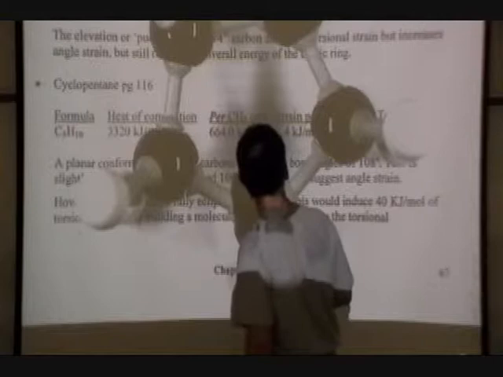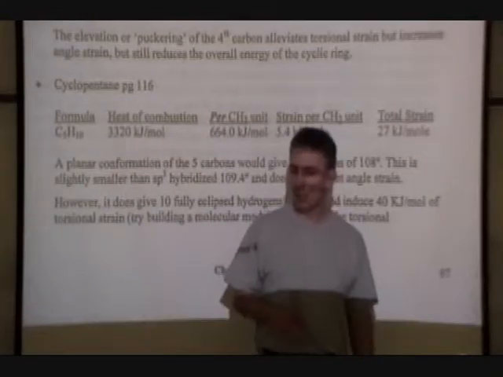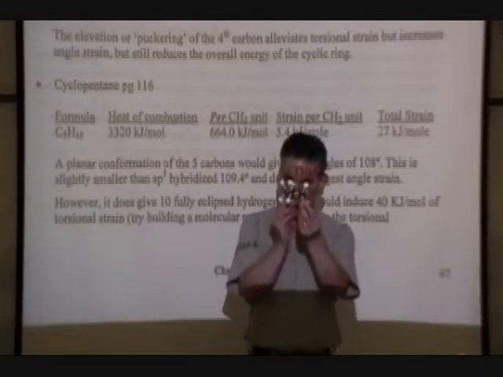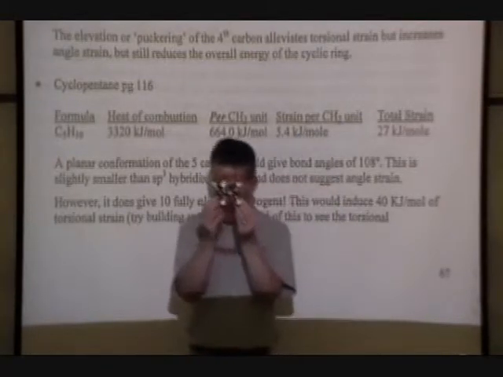However, that figure has been calculated. I think my molecule is hiding the figure. That figure has been calculated, and it's been calculated as 27 kilojoules per mole strain energy. But the problem is, as we look at our flat cyclopentane molecule, look along one particular carbon-to-carbon bond,